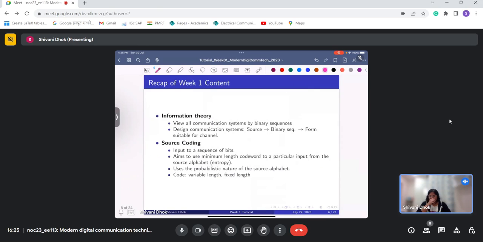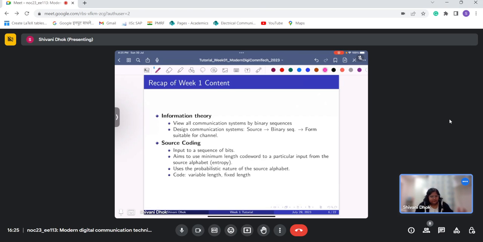Next thing that was introduced or slightly mentioned was a broad and very important area related to communication, that is information theory. This is one of the classical works proposed by Shannon, and it is really an important work. What it says is, any communication system, if I'm able to transmit any information through a channel, then that communication can be effectively done through binary sequences. How that is to be done, we'll study afterwards, but effectively we can transmit whatever information that we want